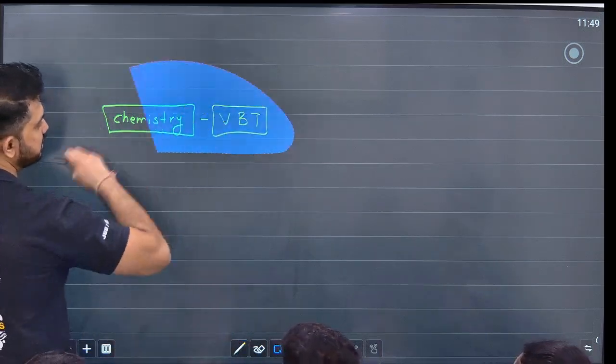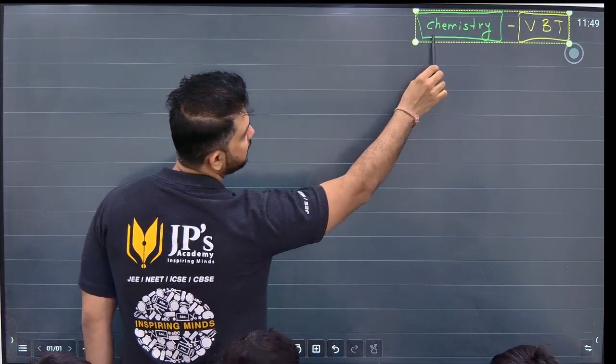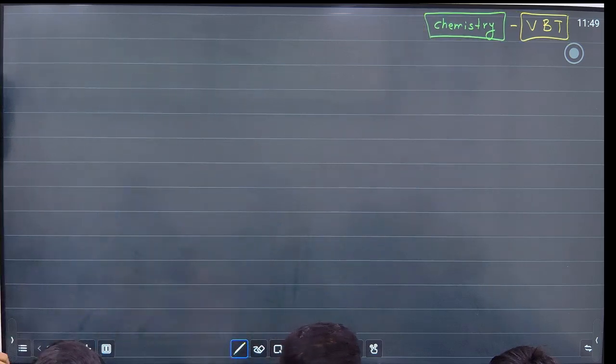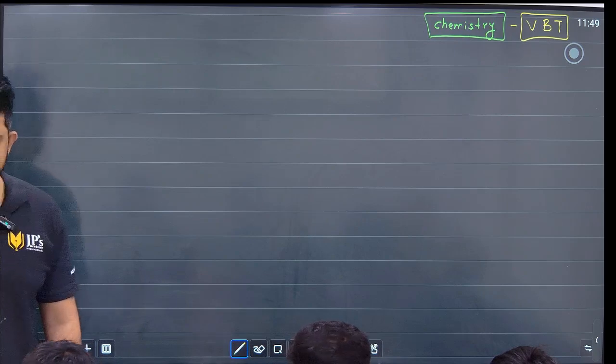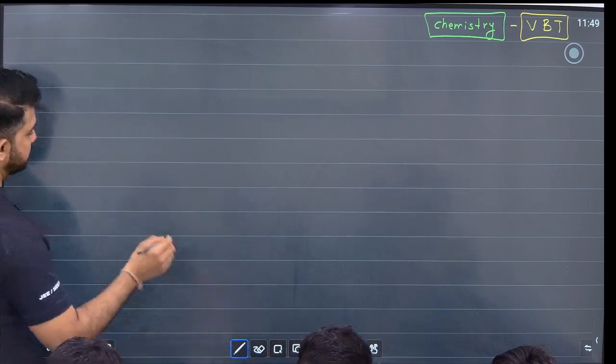Next topic is valence bond theory, something that you people have already done in class 11th, and I know everyone remembers class 11th का valence bond theory. Very good, क्या बात है. Now